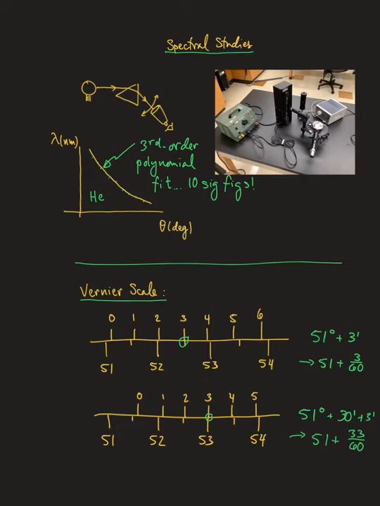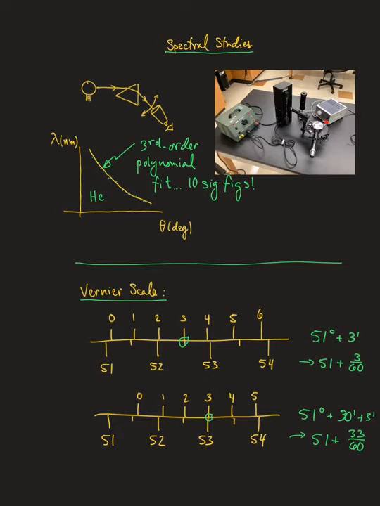Okay, so suppose you've made your measurement now of helium, and so now you've got a third order polynomial fit of lambda as a function of angle, wavelength as a function of angle. That's your calibration curve. Now what you're going to do is swap out the helium source here and put in